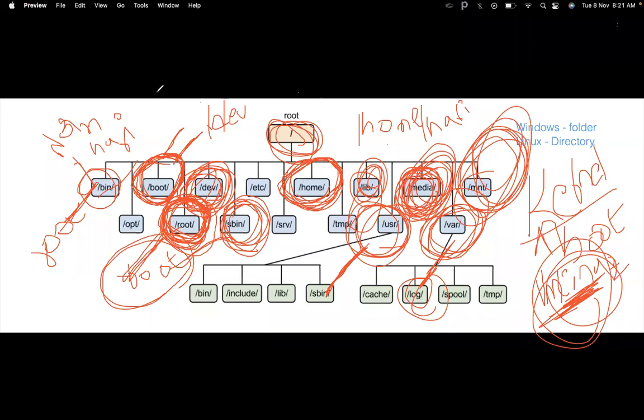Now you got it right, guys? Guys, now you understand or not? Harry, can you go over it one more time with the etc? What kind of files does it include?